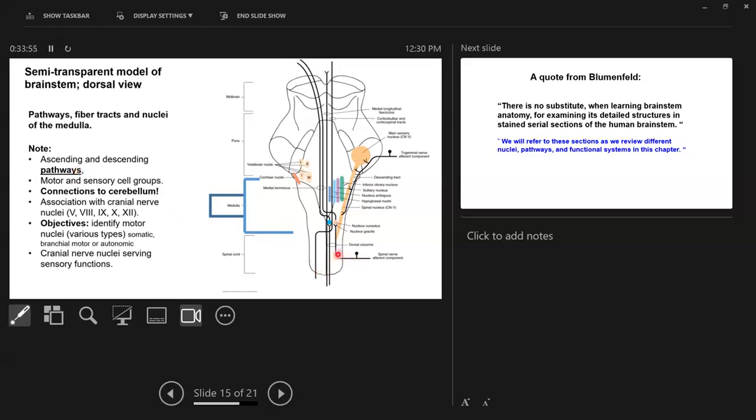Ascending pathways coming up. Dorsal column, medial lemniscus pathway, for example. Corticospinal tract is coming down, crossing the midline at the pyramidal decussation here. So those are some of our ascending and descending pathways, and our intrinsic components would be the cranial nerve nuclei